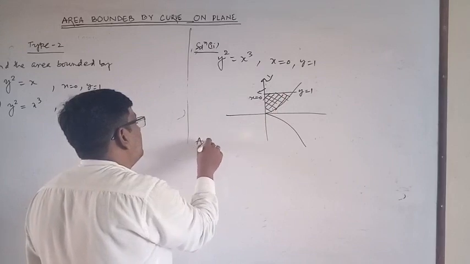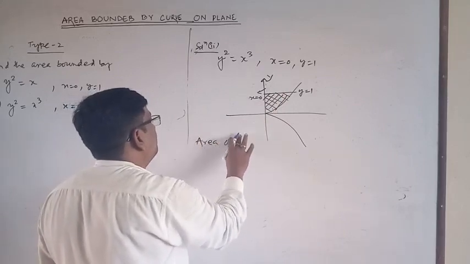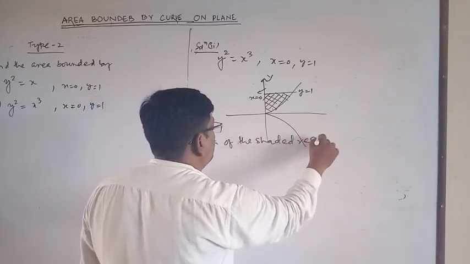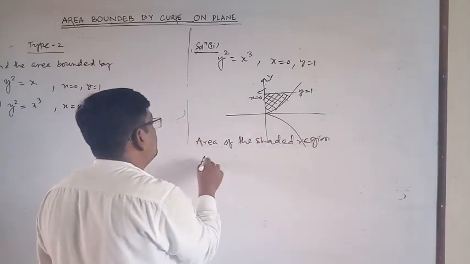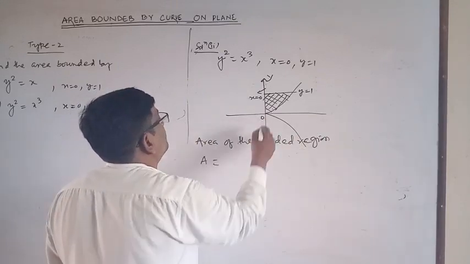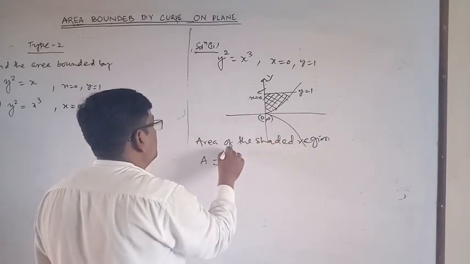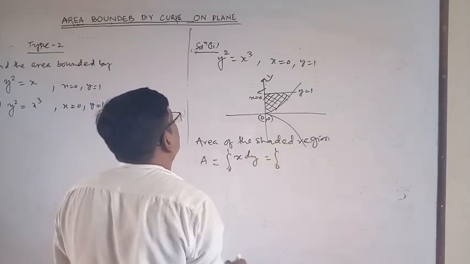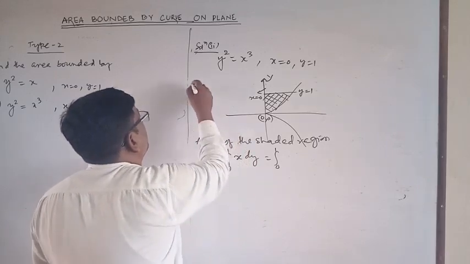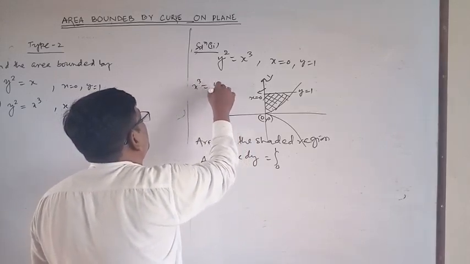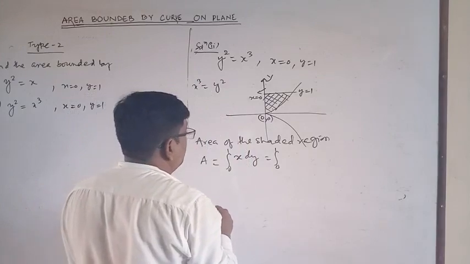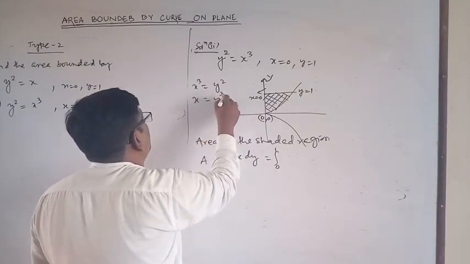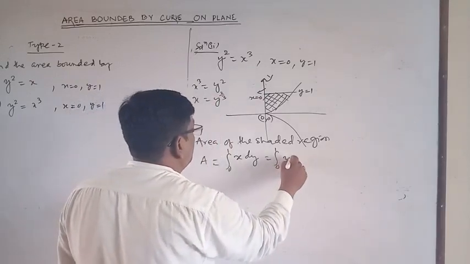So area of the shaded region, A is equal to what? 0 to 1 x dy. So 0 to 1 x means what? From x cube equal to y square, sorry, y dx, x dy, and x is equal to y power 2 by 3. So y to the power 2 by 3